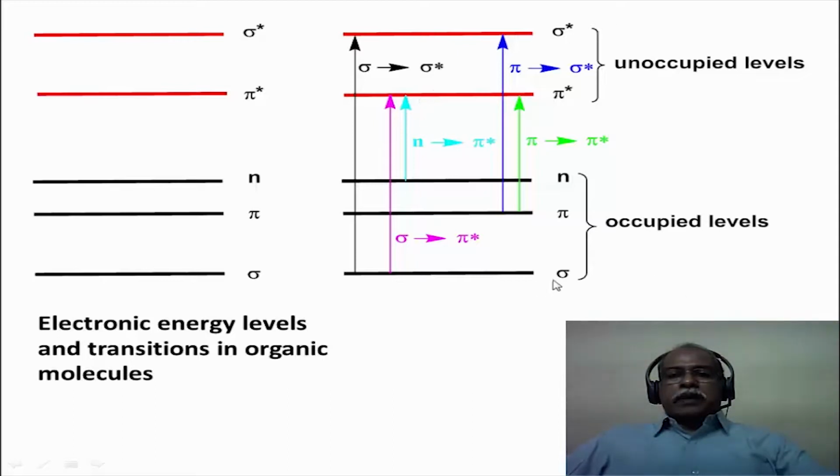The sigma, pi and the n are the occupied molecular orbitals, whereas the pi star and the sigma stars are unoccupied molecular orbitals in the ground state electronic configuration of the molecule. So in the excited state electronic configuration, when the excitation takes place, the molecule attains a different electronic configuration. If there are 2 sigma electrons present originally here, the sigma to sigma star will essentially put 1 electron in the sigma star level. So that will be an electronic isomer of the ground state molecule. The excited state molecules are generally electronic isomers of the ground state molecule.